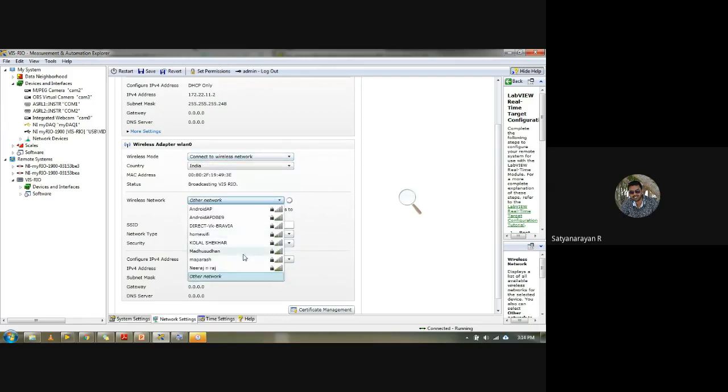Maybe I have to change some settings. Actually, these are all my neighbors' Wi-Fi that I cannot connect to, because they are already password protected. So unfortunately, I'm so sorry that I could not show you a demo on this. But this is how we are able to work. Like what I showed previously, creating a wireless network, like saying that your MyRio is creating a hotspot, so that hotspot will be connected to your laptop, as well as your MyRio can also be connected to your cell phone.